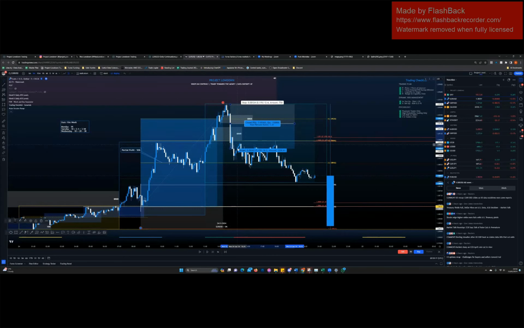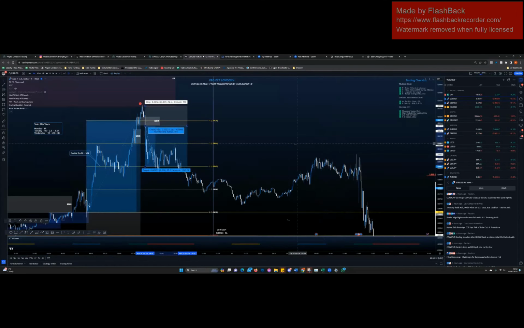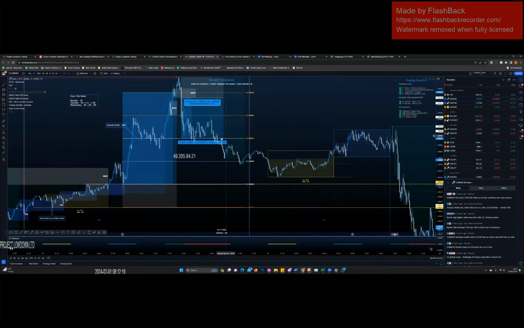right? So really, this is still a realistic trade to take because you've got your reaction here. And then you just go break even once this fails. And you manage it the same way. 2R plus 50%. And then so on. So this is a valid trade also. So let's mark it up.